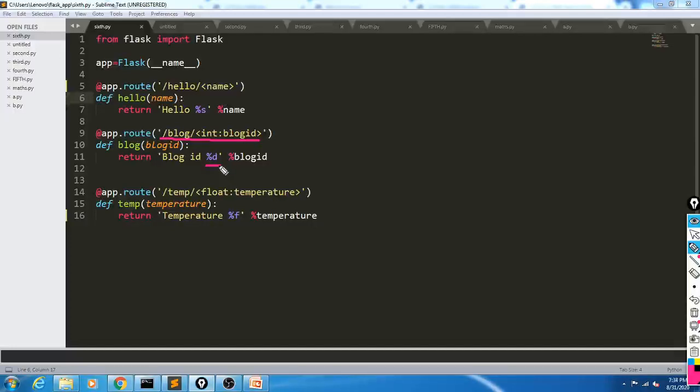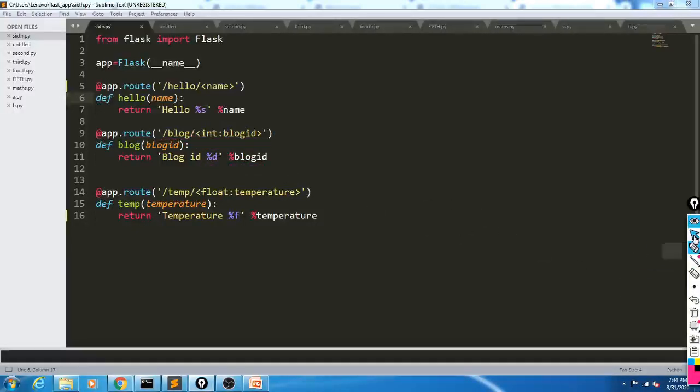So %d is used for the integer data type, and the method of invoking the variable remains the same as we invoked the string variable. We have to invoke it by using the % sign. Only, you should define the data type of that particular blog_id, and here we have to specify %d.